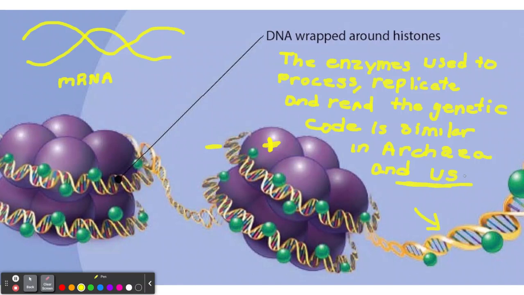So from that idea itself, the idea that archaea have positive histones for packaging DNA, that they have the similar RNA polymerase, these enzymes used to process and read and replicate our genetic code. And, in general, their protein synthesis, making proteins, is more similar to ours than to anything else. So the archaea are more closely related to us and dogs and T. rex, apples and Aunt Sally, and all eukaryotes, all eukaryotic life forms that have a nucleus. They're more related to us than they are to bacteria.